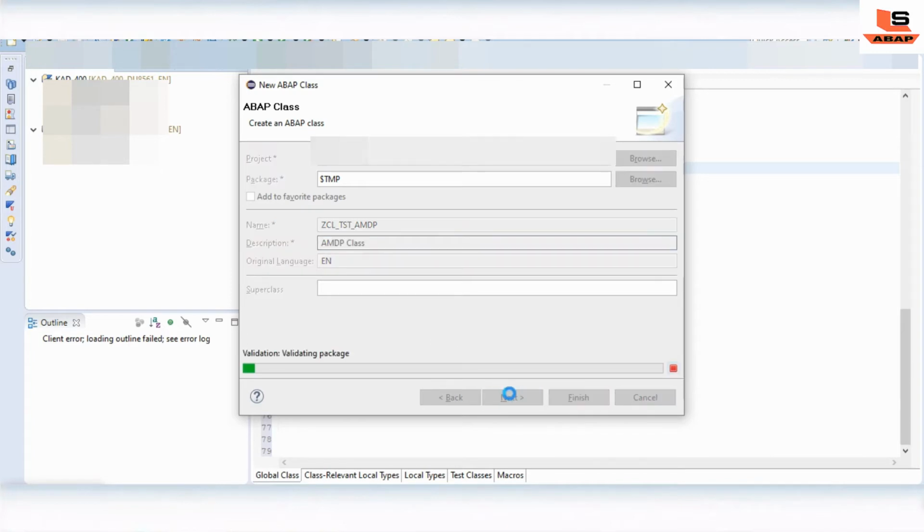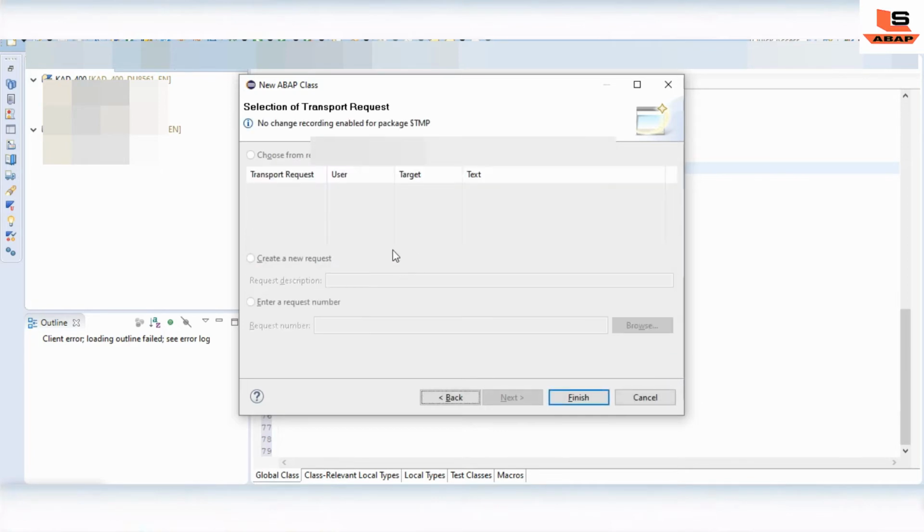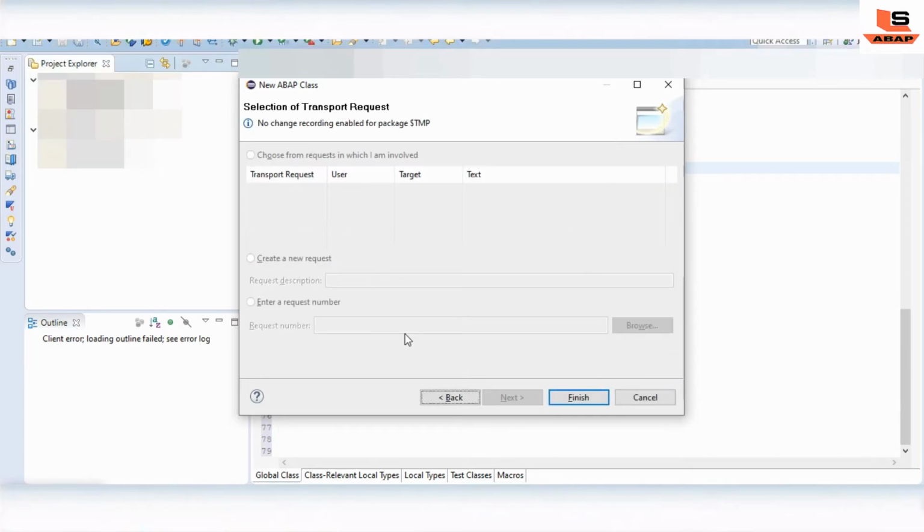Click on Next. There is no need to select a transport because we are storing it in a local package. Then click on Finish, and you can find the class created.